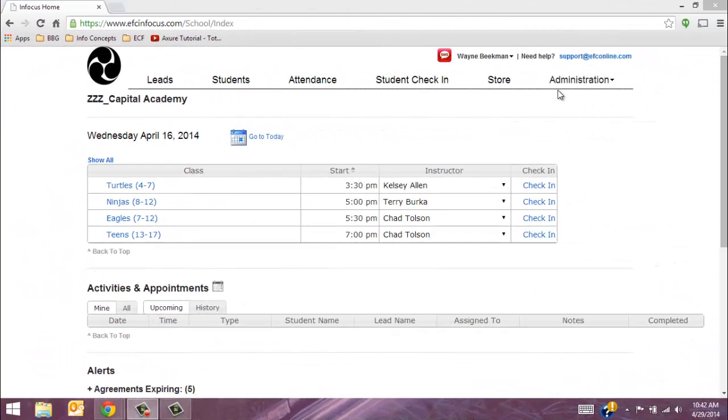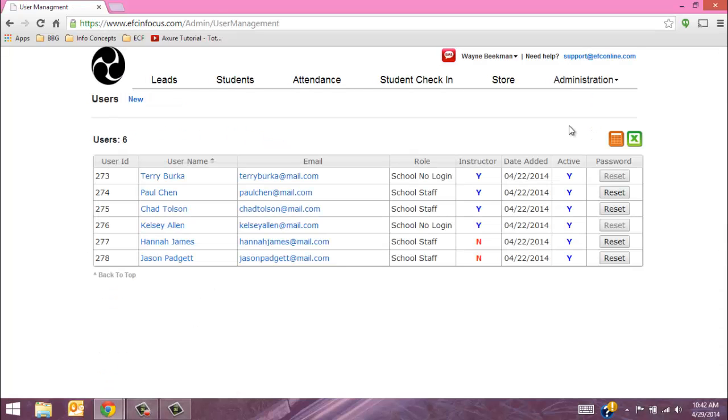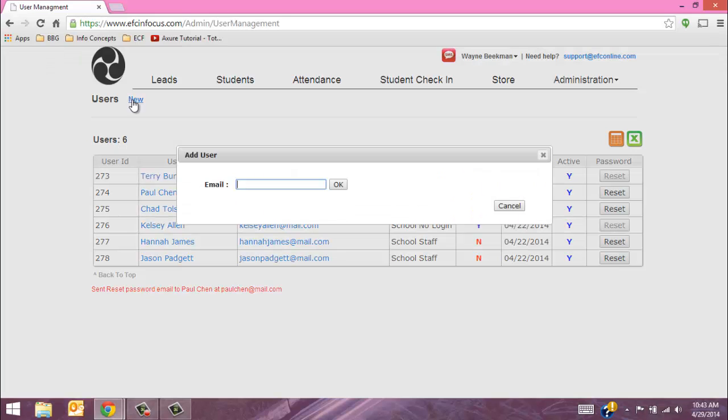To set up new users on Infocus, select from the Administration tab, User Management. From here, you see all the users for your system that can sign in. If they've forgotten a password, you can click Reset and an email will be sent to them for them to reset their password. If you want to add a new user, click New, enter their email address,